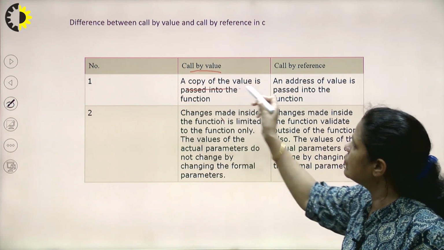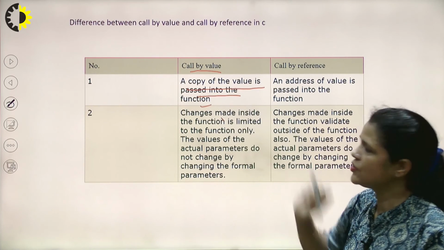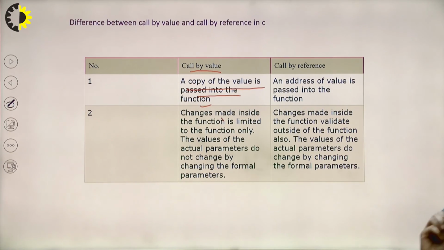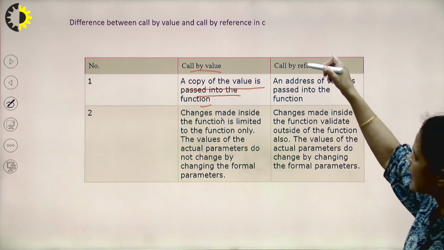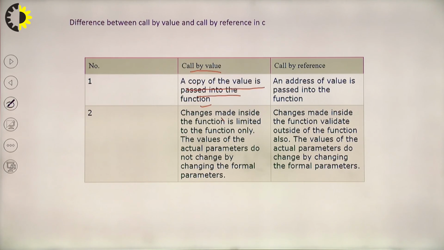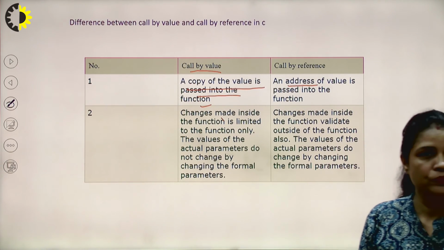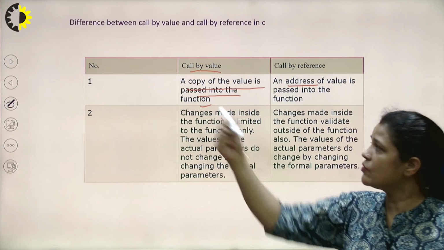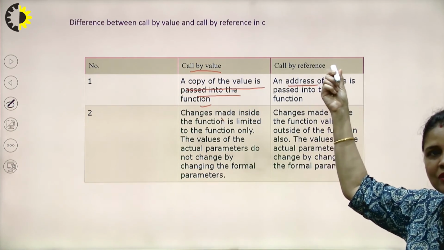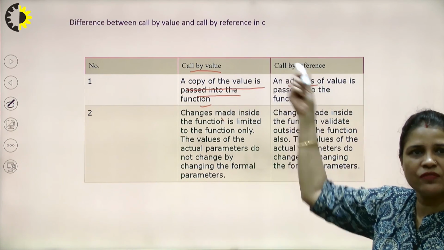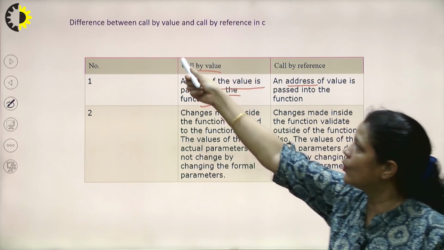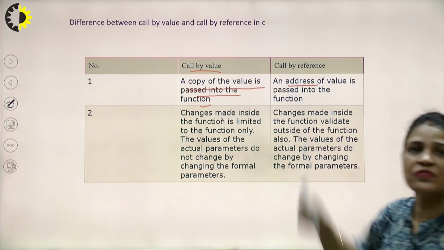A copy of the value is passed into the function. Whereas in call by reference, an address of the value is passed into the function. So what is the difference? Here we are passing the value, here we are passing the address. So this is the first or basic difference, as the names already tell, call by value and call by reference.